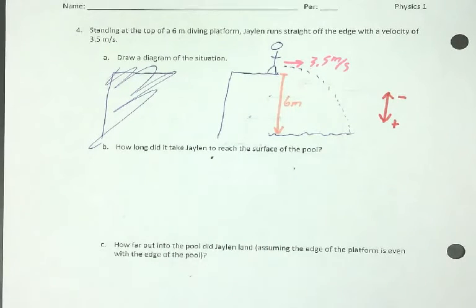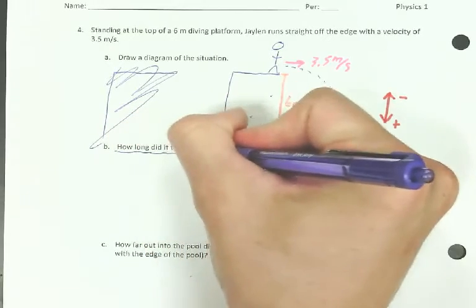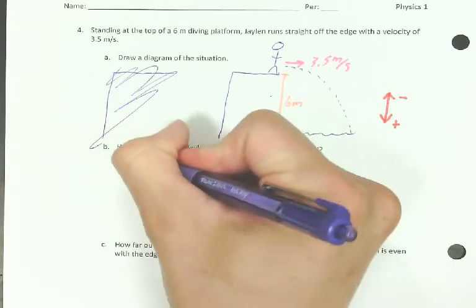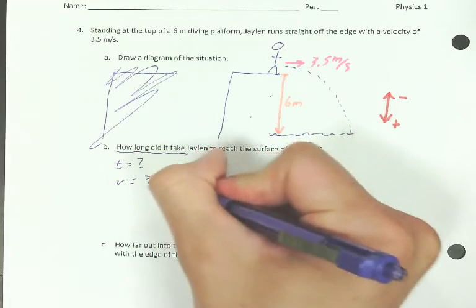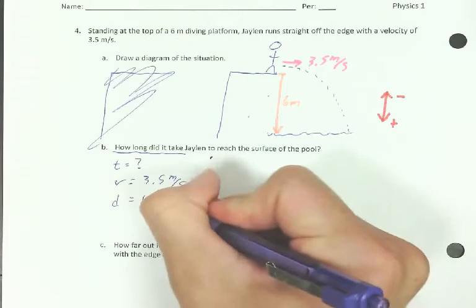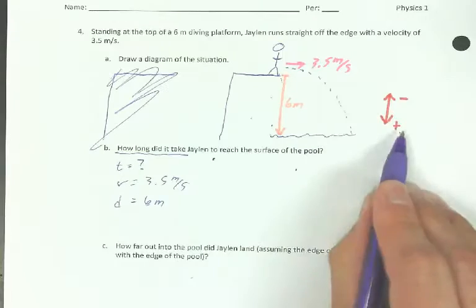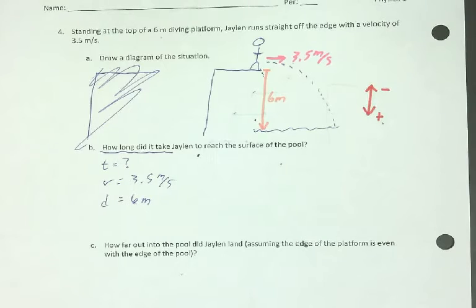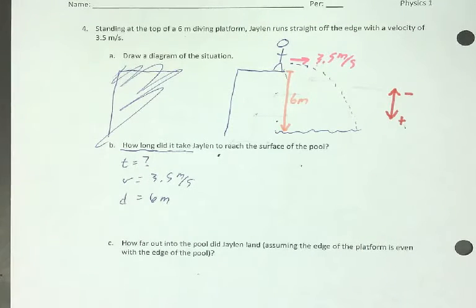Now we're ready to solve for how long it took to get to the surface of the pool. So I'm looking at the things here, and I'm saying, okay, how long did it take? That's time. The problem gave me a velocity and a displacement as well. Notice that my displacement is positive because it's falling 6 meters, and I called down positive, so make sure you're careful there. So I'm looking at this and I'm saying, all right, so I got my equation list that we came up with,